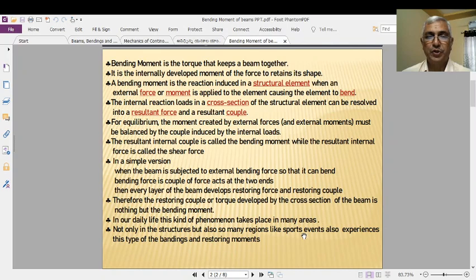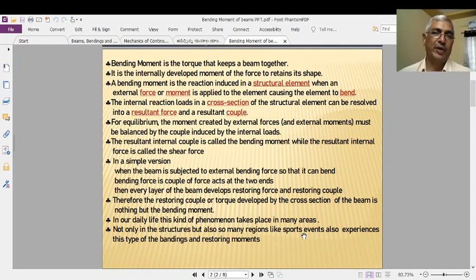Our topic is to determine the bending moment. What is the bending couple? Bending moment means bending torque. Moment means torque. We want to derive the bending torque or bending moment, one and the same. Why does it arise? It is because of the application of a couple of external forces. Then how to measure this bending moment? We will measure it with the help of the restoring moment or restoring torque.